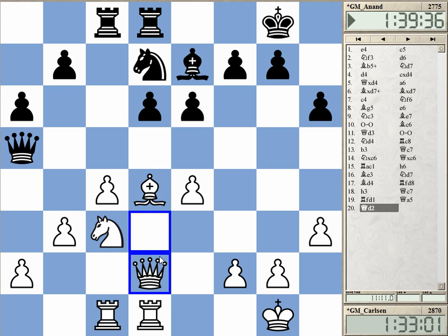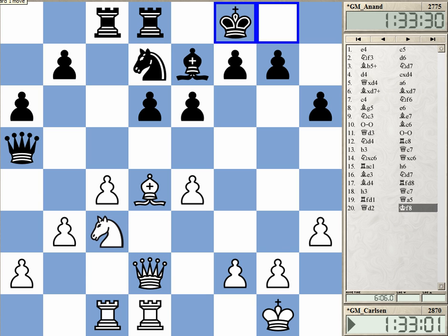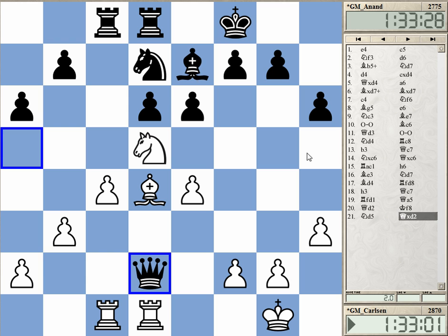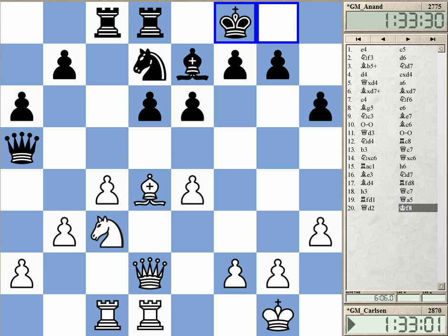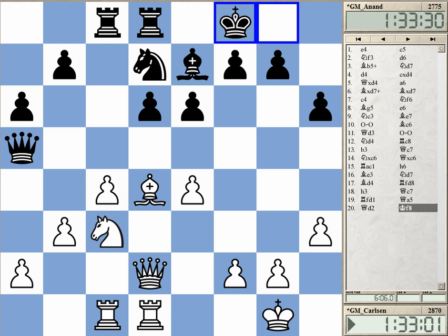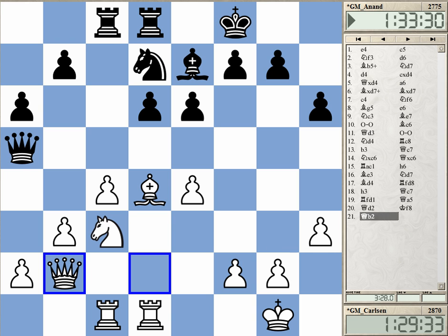sort of threatening knight d5, and Anand reacted with king f8. Just making sure that on e7 there is no check. So after knight d5 now, queen d2, you cannot take on e7 with the check. So this move has some sense. It's not just a waiting move. Okay, king f8, king b2, queen b2, sorry. Sort of building up on g7, and it's maybe not a real threat here,